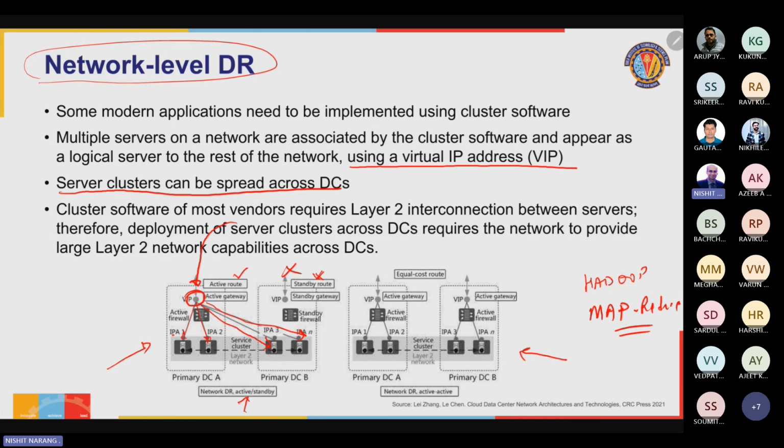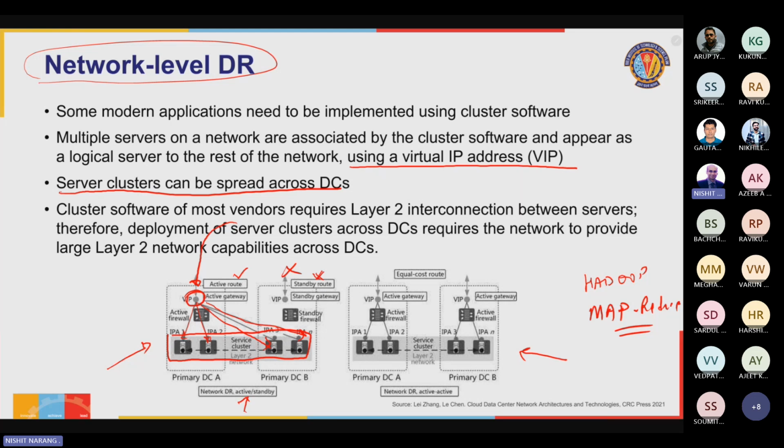The cluster itself is spread across both the data centers. So in that sense, data center B is also contributing to the capacity of the cluster. It's just not directly receiving traffic from the standby gateway. It's receiving it at the active gateway, and the active gateway is distributing it to the multiple servers in the cluster. So that is why I'm calling it an active standby